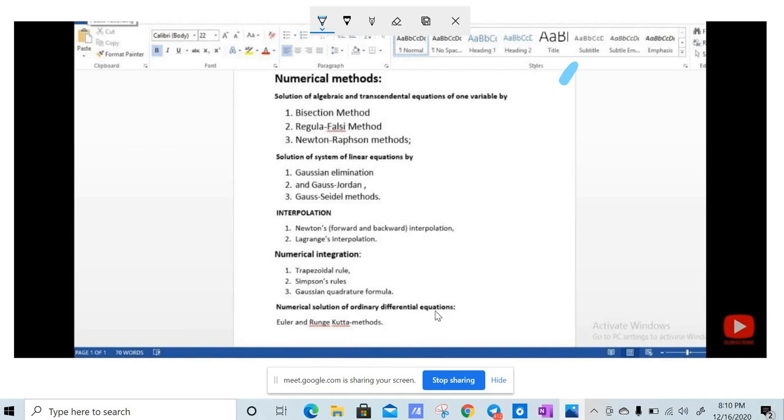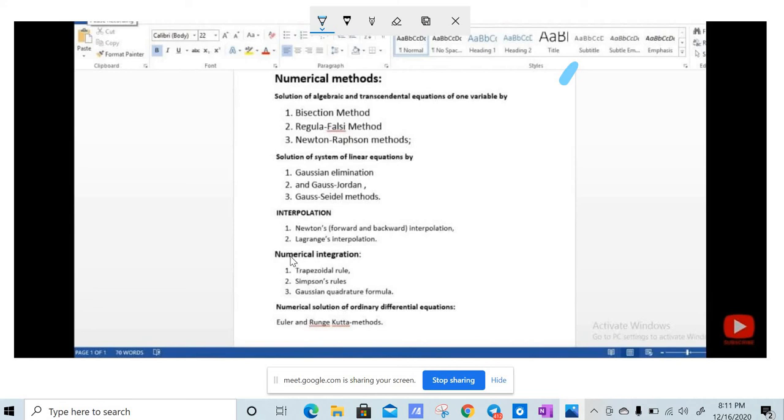So in the next class itself we will finish the next three topics, right? Same concept, we will have three different formulas. One formula for trapezoidal rule, one formula for Simpson's rule and one formula for quadrature formula, right? If you study Simpson's rule, we will have two subtopics, Simpson 1 by 3 and Simpson 3 by 8 rule. So if we study four formulas, we can finish this topic, right? So only 4 formulas, if you learn them by heart, you can do any problem in these three topics, right?